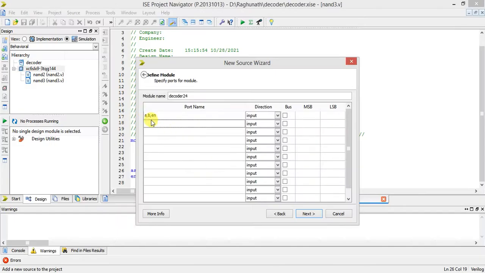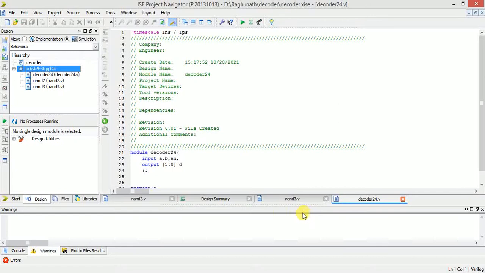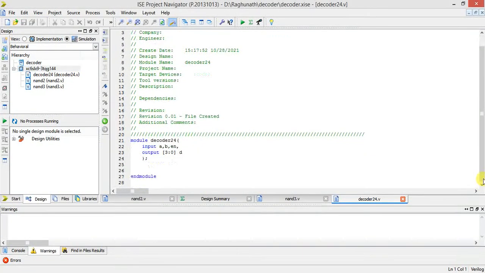So I have taken A, B, enable as the input. Output D, you can select, it is a bus varying from 3 down to 0. So click finish. Now again, don't change anything there.